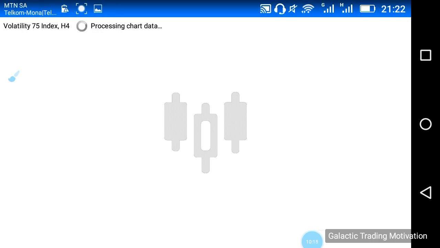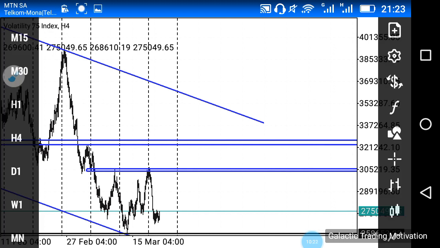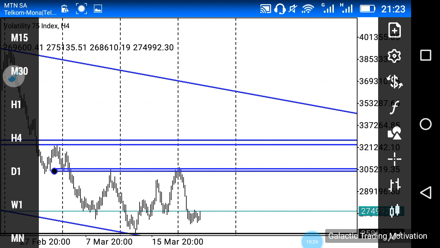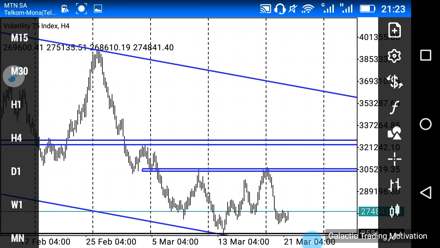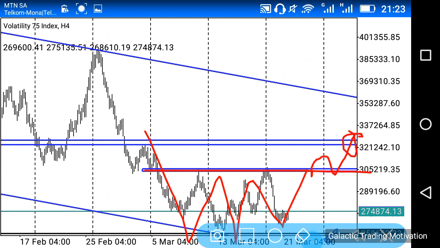All right, here we are on the H4 chart, guys, and then I'm just gonna zoom in. Right, and just to recap, remember, on the daily chart we spoke about how we have that inverted head and shoulders pattern, and we said that the market may head up to the neckline of this inverted head and shoulders pattern, and it may break it, come back all the way to the neckline, only to push further up to around this level. And if it does so at this level is where we would look for those potential selling opportunities,